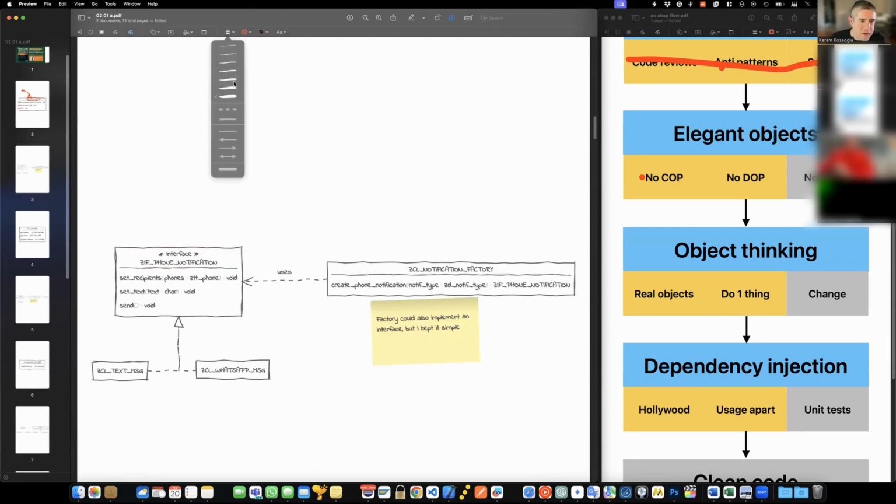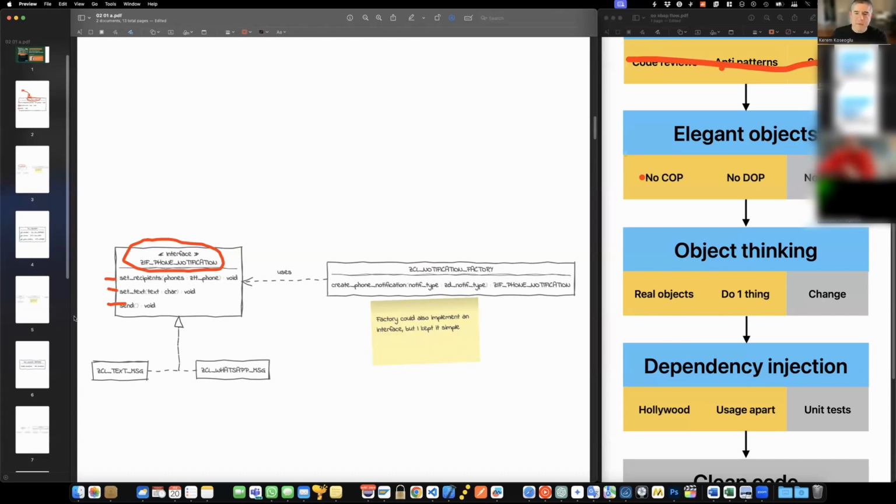This was too thick, so I have to make it like this to make it more visible to you. Yeah, that's better. So first, I open a phone notification interface, not a class at all. And my public methods will be placed into this interface. It has the same methods as you see: set recipients, set text, and send.